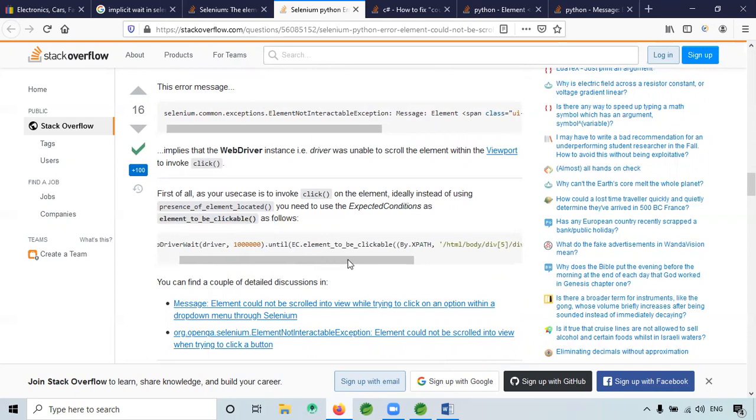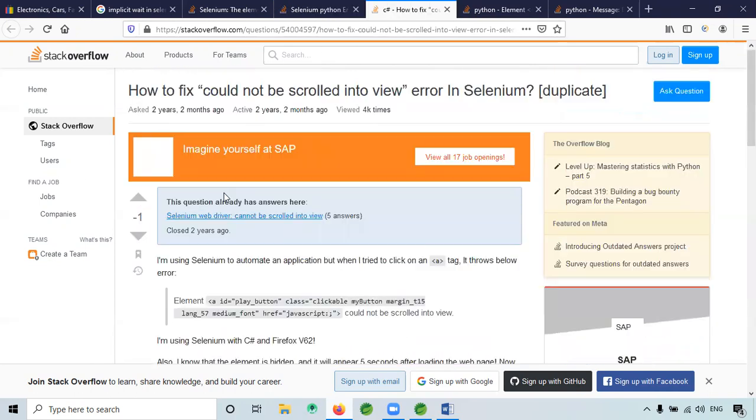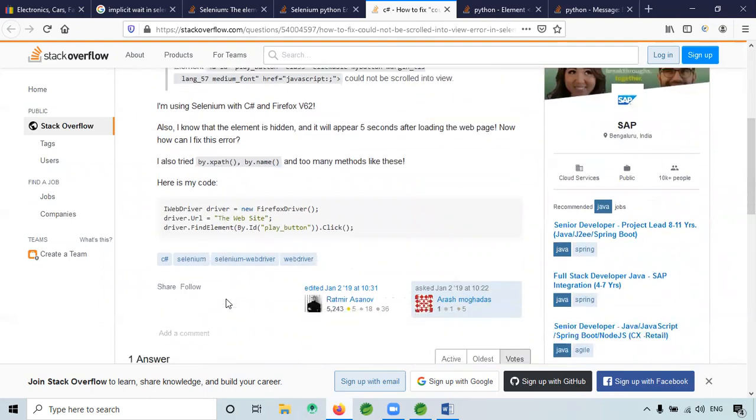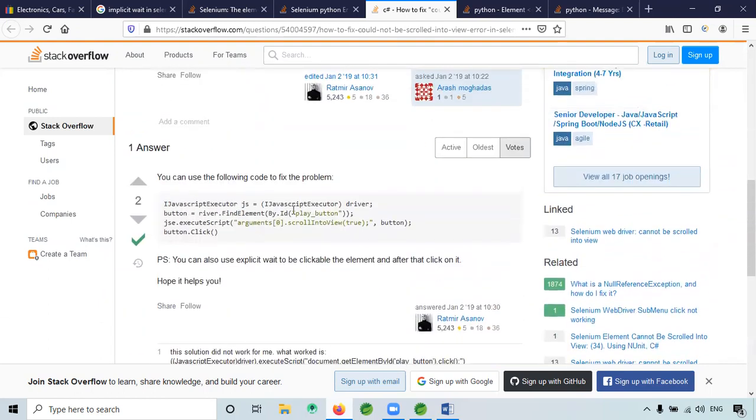Until element to be clickable. Driver dot find element by XPath, button dot click. Okay, we'll see, this is an experiment we can do. Yeah, this is the forum that I went to.